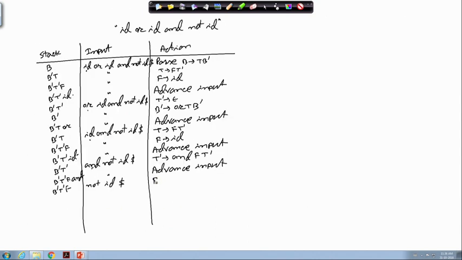So, it says go by F producing not B. So, this F is taken out from the stack. So, B dash T dash B and not, input is as it is. Now, these two nots will match, so it will be advancing the input. So, this will become B dash T dash B and then it says that I have got ID and dollar,